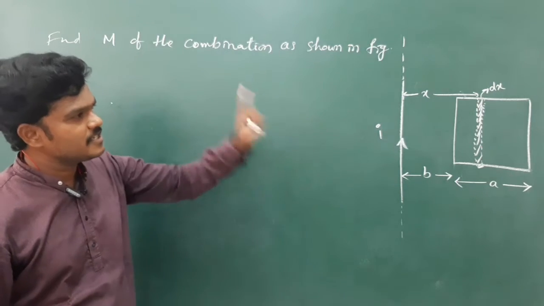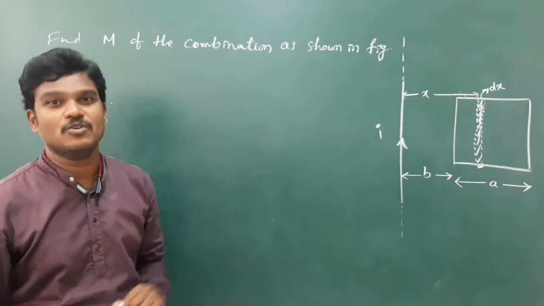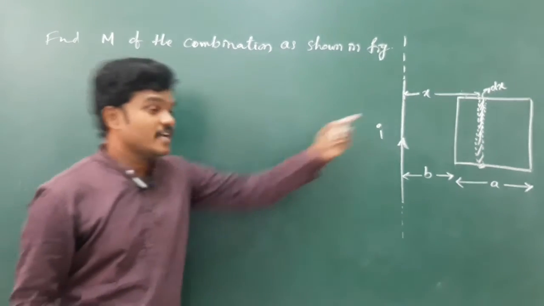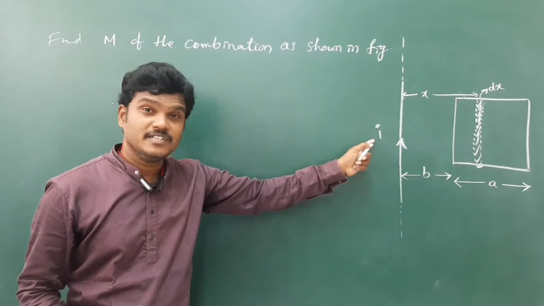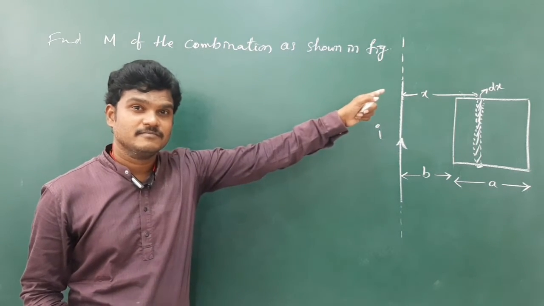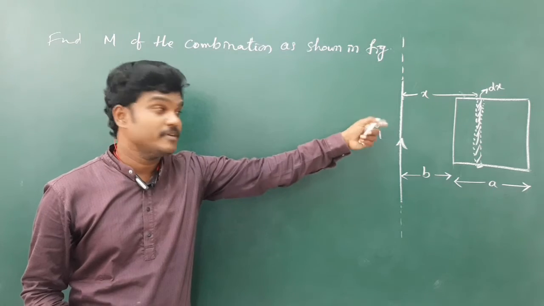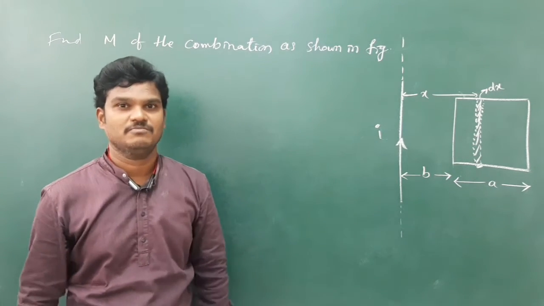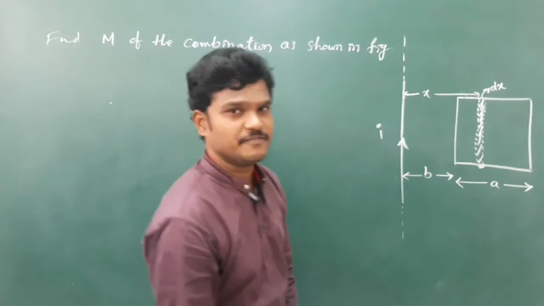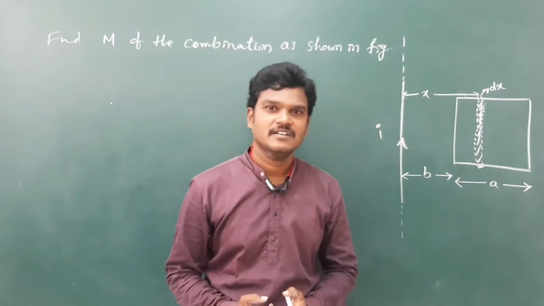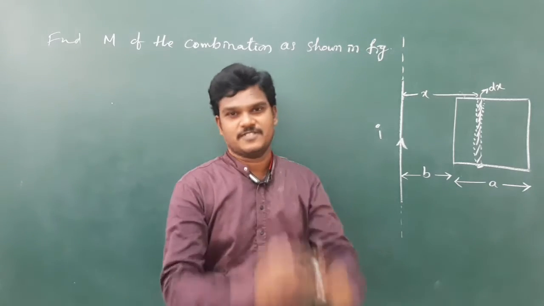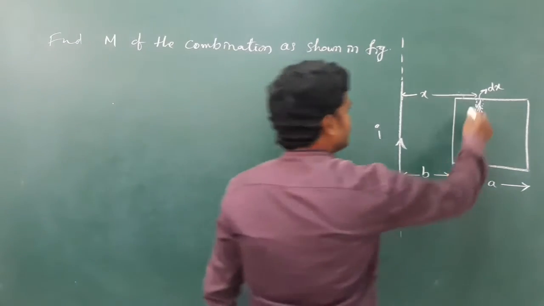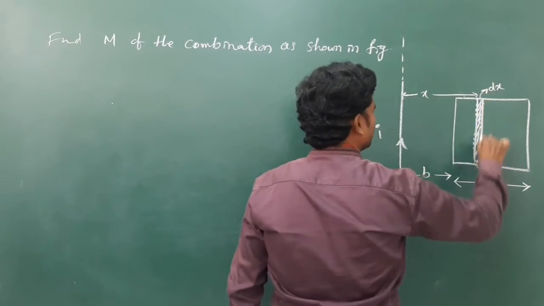I think I covered the same problem in the last video classes. I calculated the flux, taking I equal to I naught t squared, and by using this combination I calculated the induced EMF also. Here there is no need to find the induced EMF, that is already done in the last classes. Here you try to find the flux first. And tell me the area of this strip.